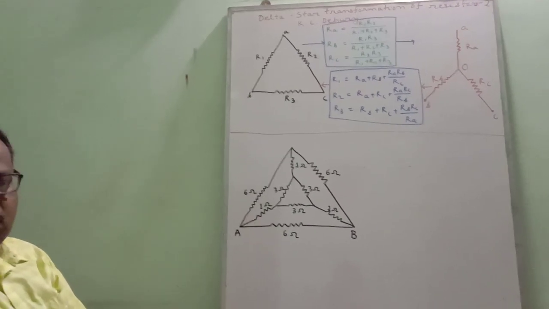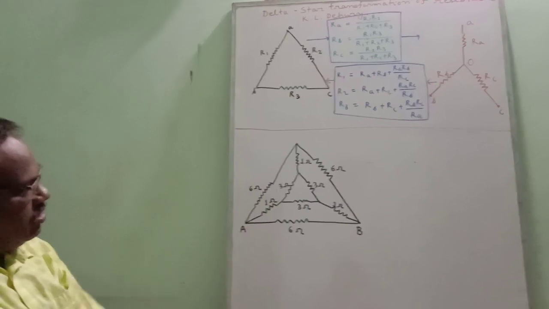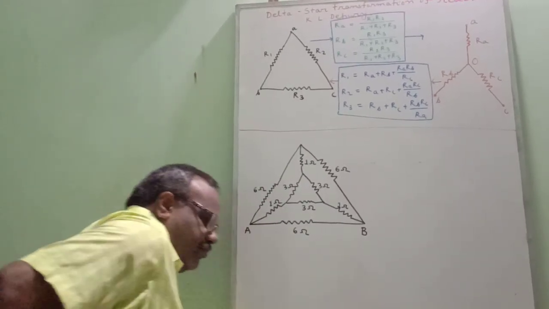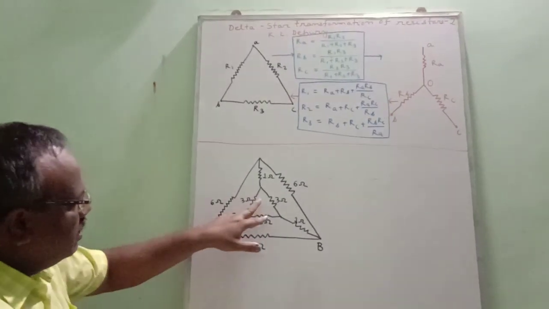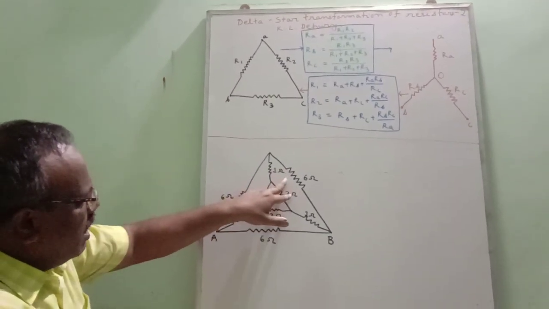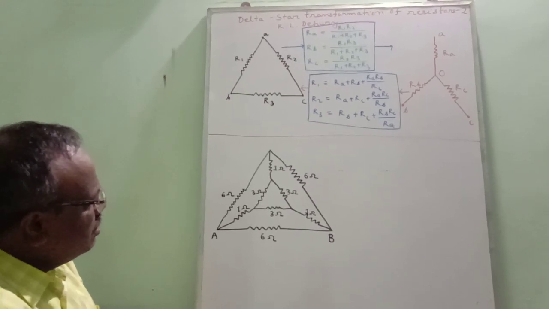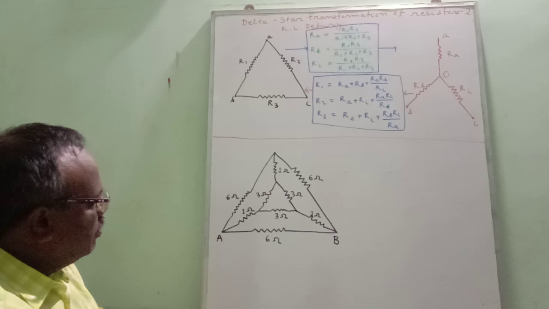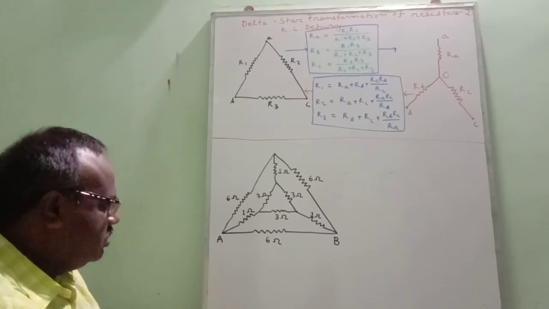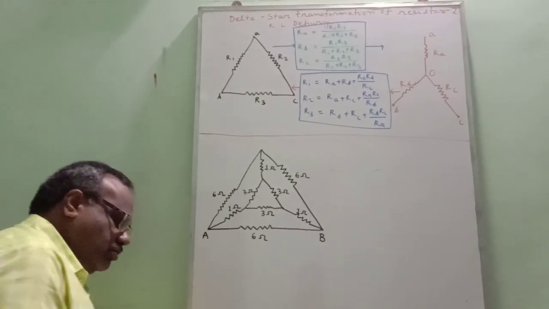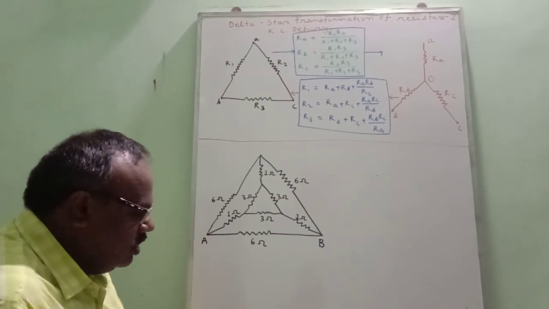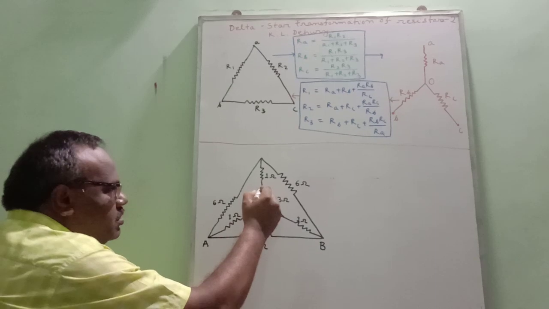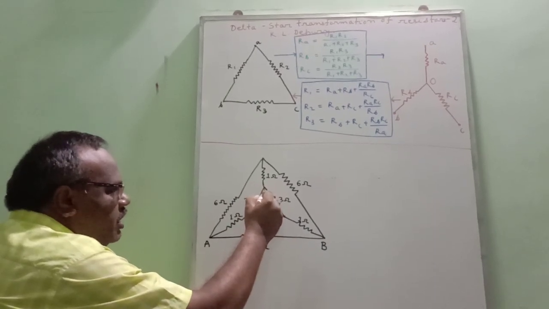We are solving one delta. Now let us see this question. Here you see, in the middle there will be a delta. If you see carefully, there will be no series parallel combination first, so you will go directly to delta. Here there is a delta first. So if I join like this,